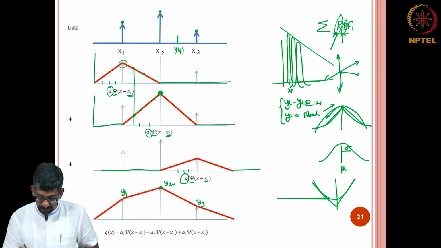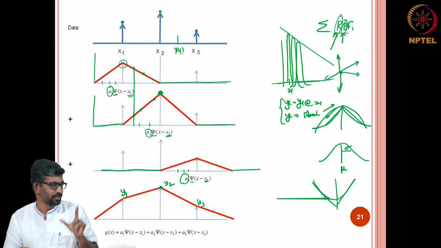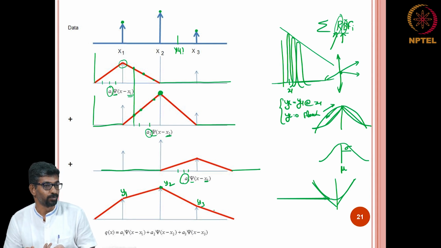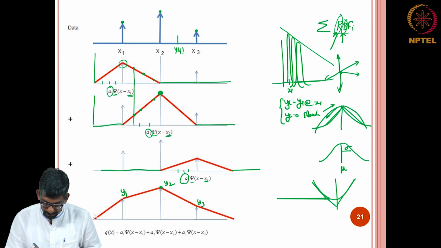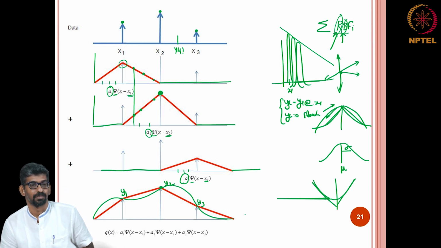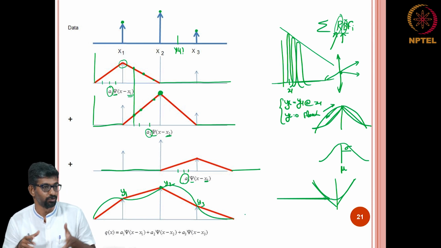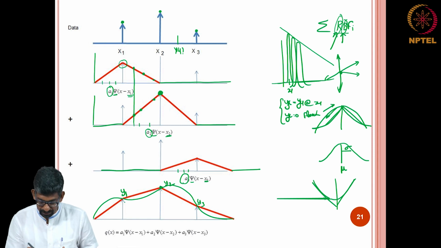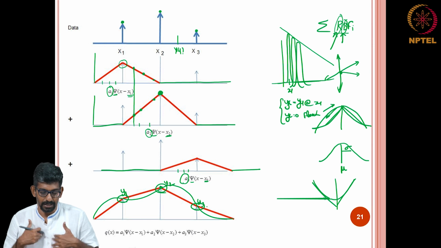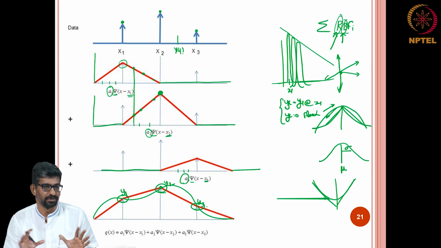So, this is a function that I wanted to approximate. I do not know, see the point, here is the point, okay. I do not know whether this is the actual function, this is my output function, my actual function could be this. My actual function could have been this, but the 3 points that I estimated, it was like this, and I assumed a linear, in this case linearly varying radial basis function.